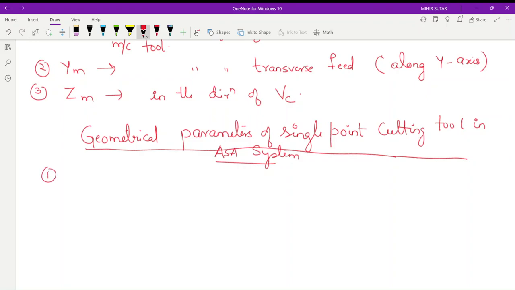First one, always remember, the first term is your back rake. Remember the sequence: back rake, side rake,